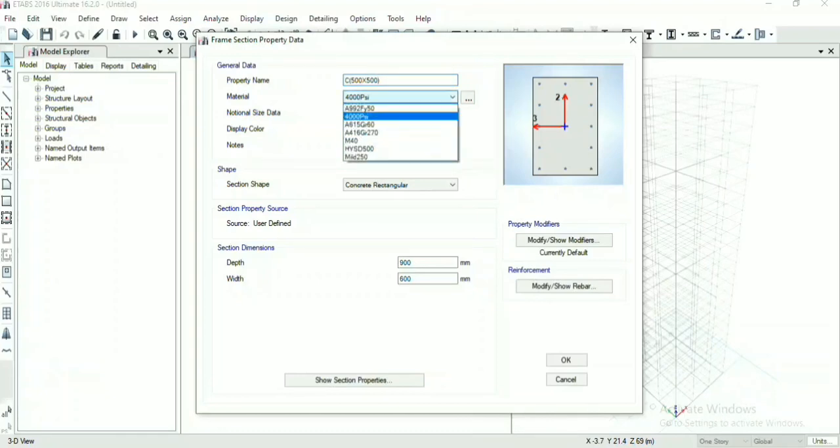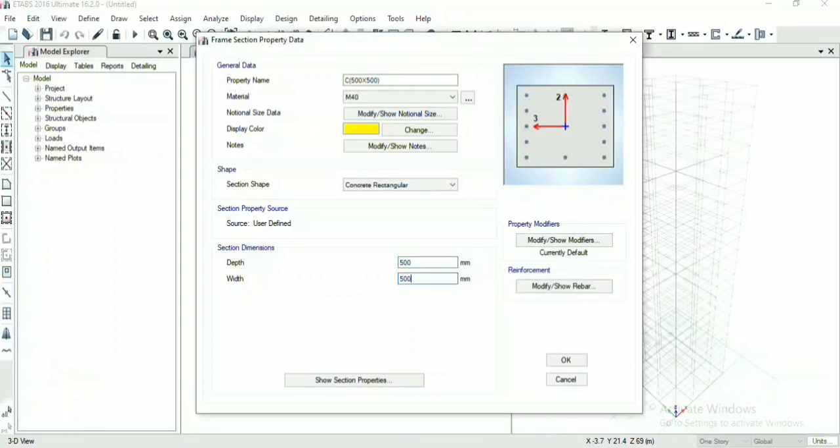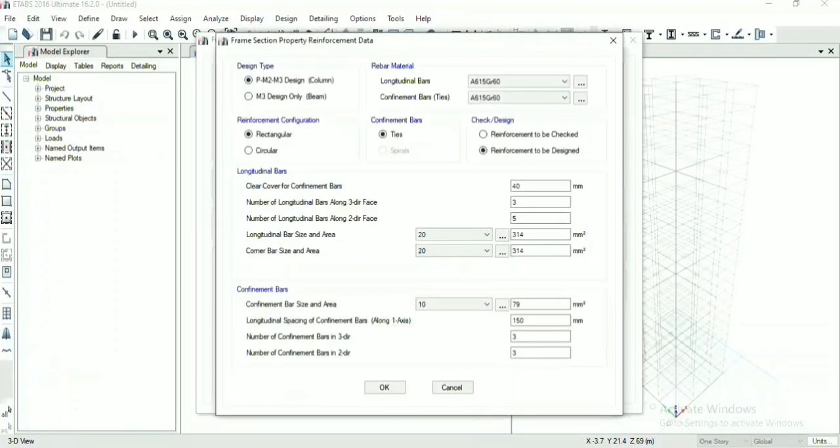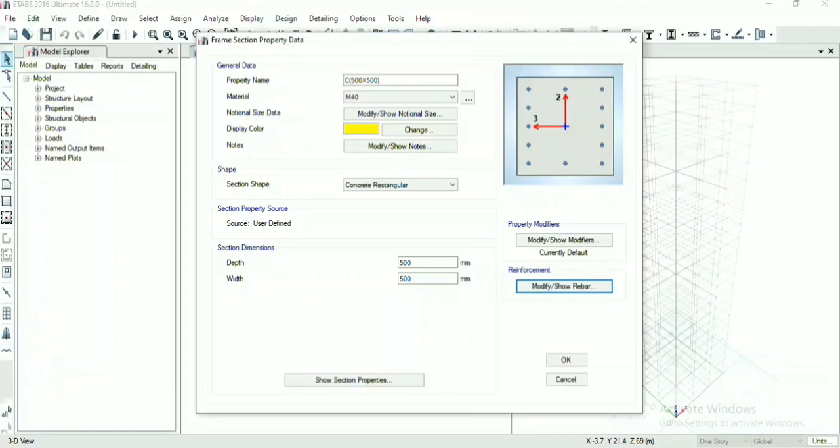Take it as M40, depth and width 500 into 500. Now modify show bar. Click on column. For longitudinal bars, take HYSD 500, and for confinement bars, take mild steel 250. Make sure it is 40 mm clear cover. Click on OK. Click on OK again.